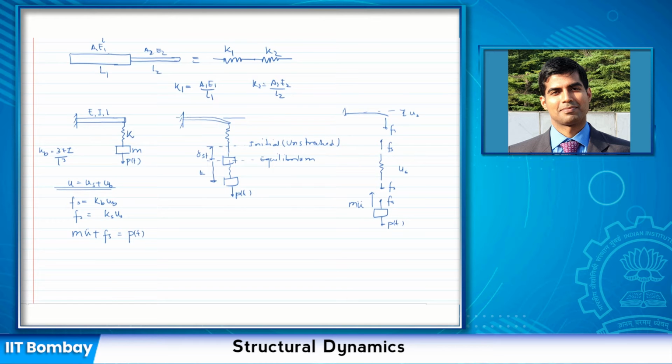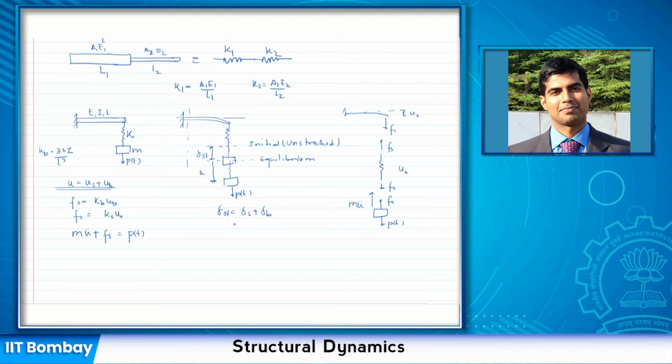Now, for the whole system, won't there be any gravitational force on the mass? There would be, as I said, I'm considering it from the equilibrium position, right? And you could write down the same equation in equilibrium. If you had only considered up to equilibrium, instead of U, just replace it with delta St, and delta St would have a component of certain contribution of the spring, let us say delta S, and then delta B, the contribution of this. And at that point of time, there is no mu dot.